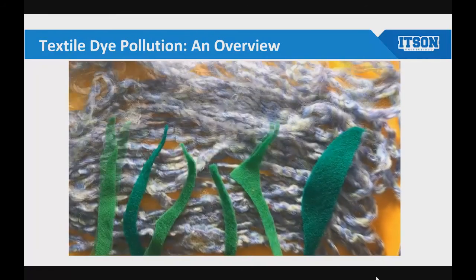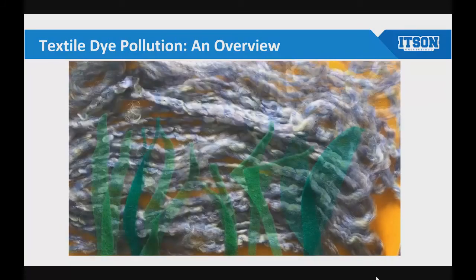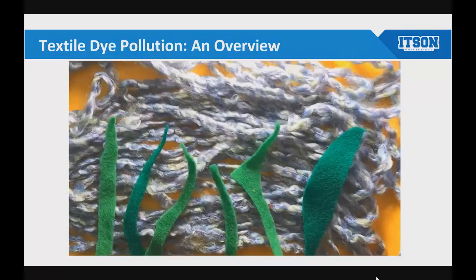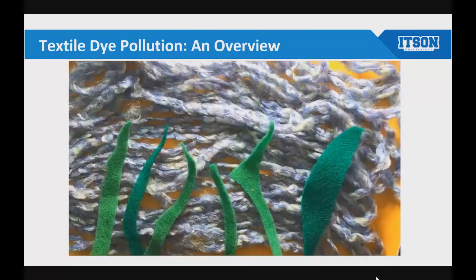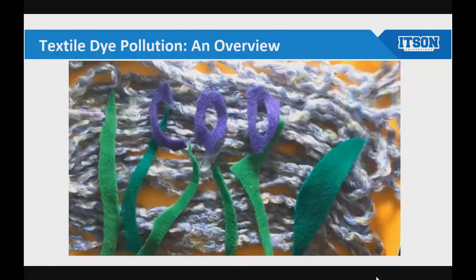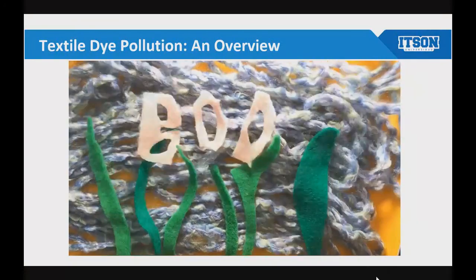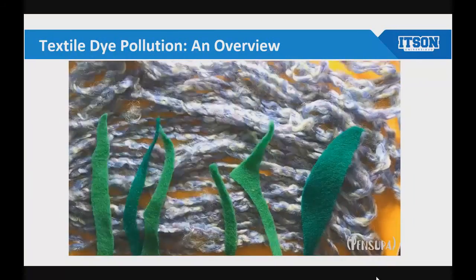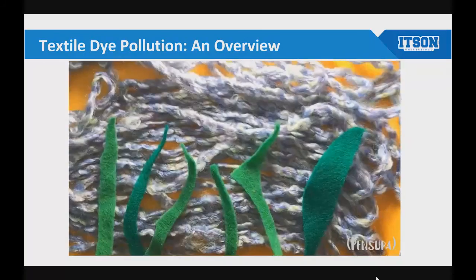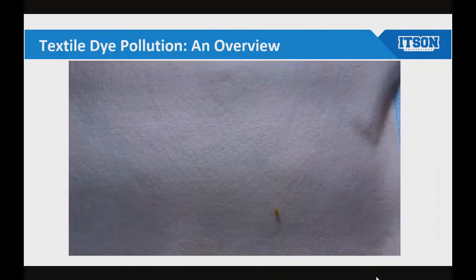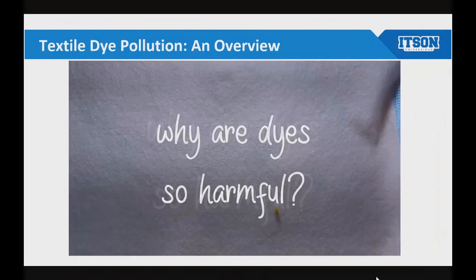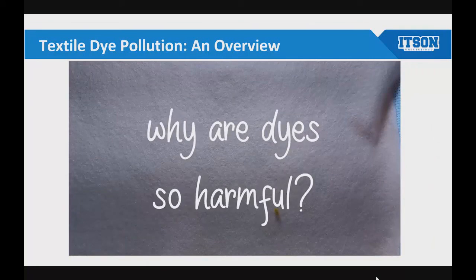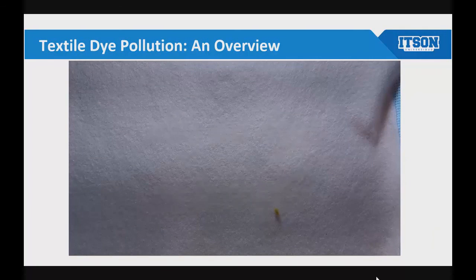This decreases the ability of underwater plants and microorganisms to undergo photosynthesis to create oxygen, thus increasing chemical oxygen demand, COD, and biological oxygen demand, BOD. With less oxygen, fewer organisms can be sustained in the polluted ecosystem. The reason why dyed water is so harmful to the environment is due to color-emitting portions of the molecule called